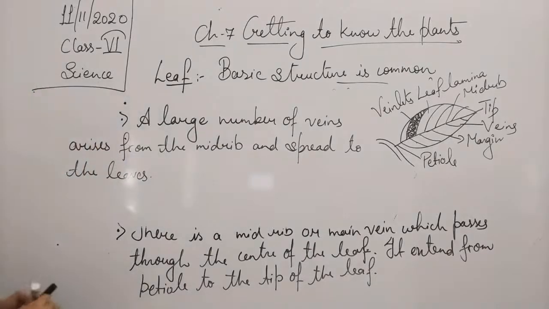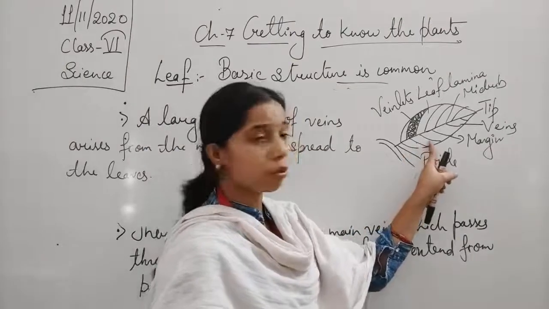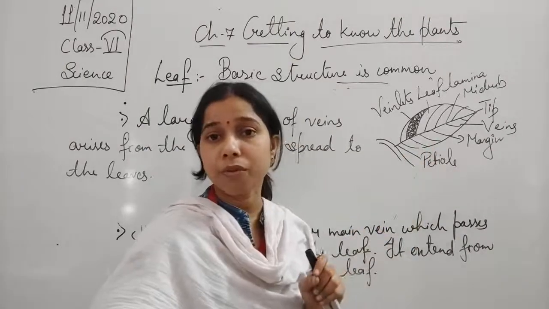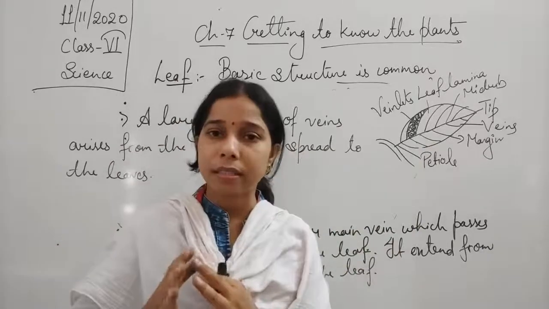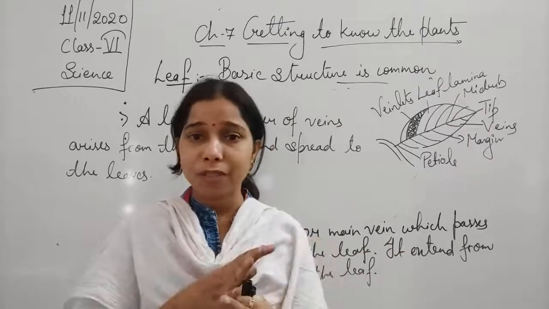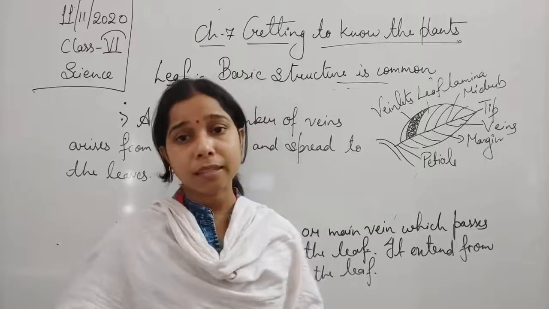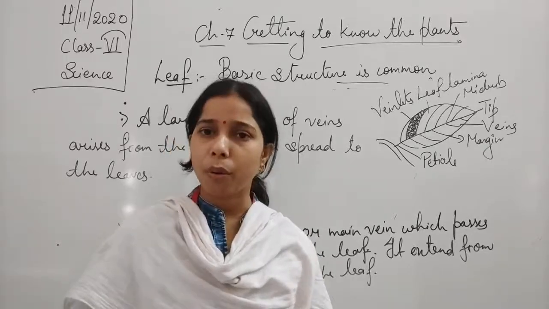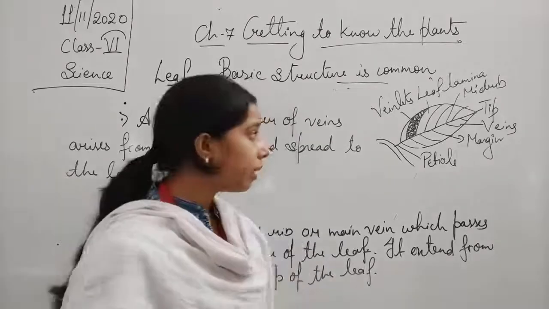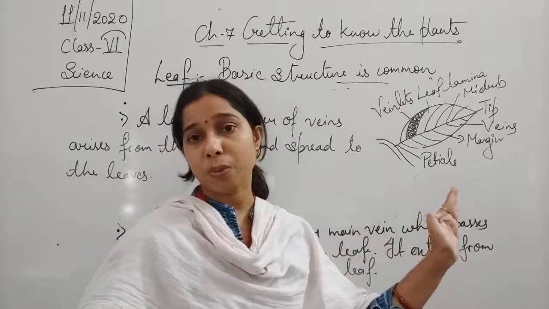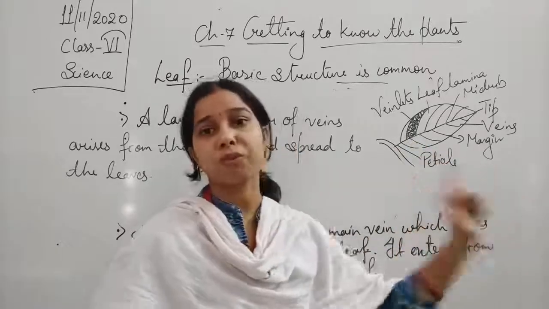Okay. Now you see, in between the two veins, if we talk, this is a vein and this one is also a vein. So in between these two veins, small veins are also present. They cross each other, which means they are interlinked with each other. They crisscross each other, students. So these are very small veins and we call them veinlets. So with the veins, smaller veins are also present and that is the veinlet. So they connect one vein to the other veins.